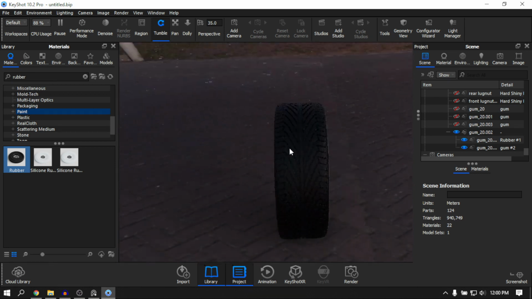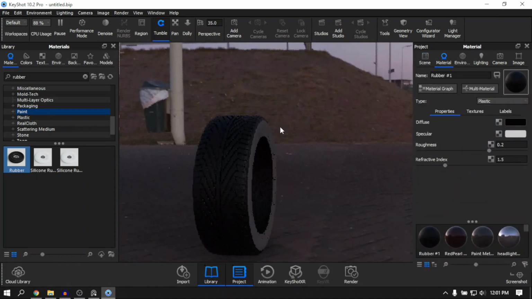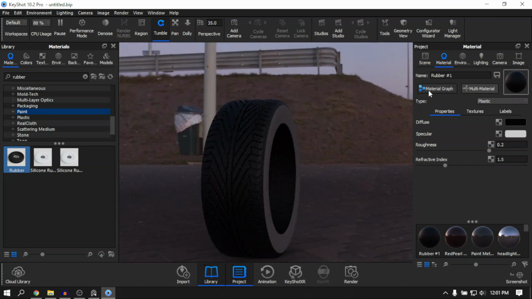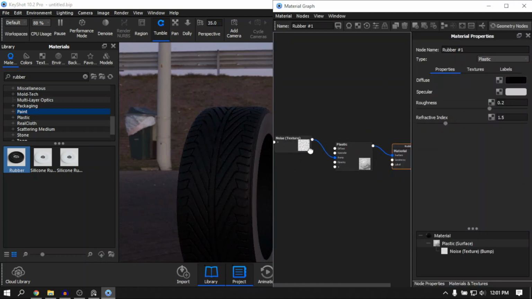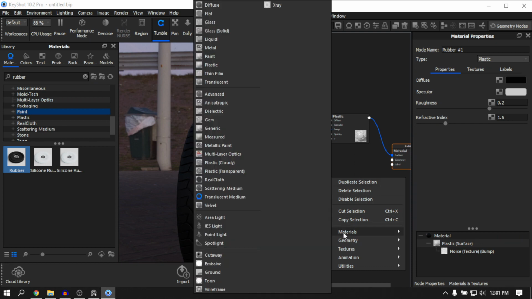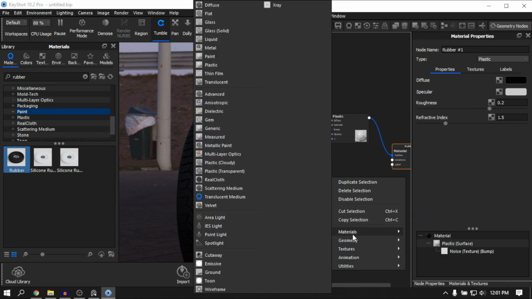Right. To replicate that in Keyshot, I am going to add in a dirt map. So if I double left click on my rubber material, you can see that we have a box called material graph. If I click on it, we are going to see that our material graph has opened up. Over here we can add different materials, and they are set up like nodes. So right click to add in a new material, go into materials. You can also add in textures, you can also add animation nodes and all that, but we are going to